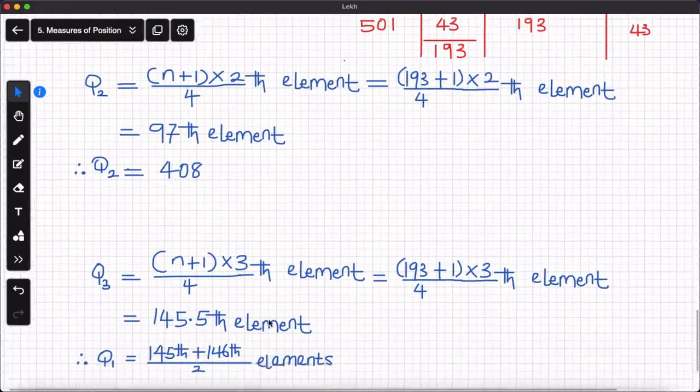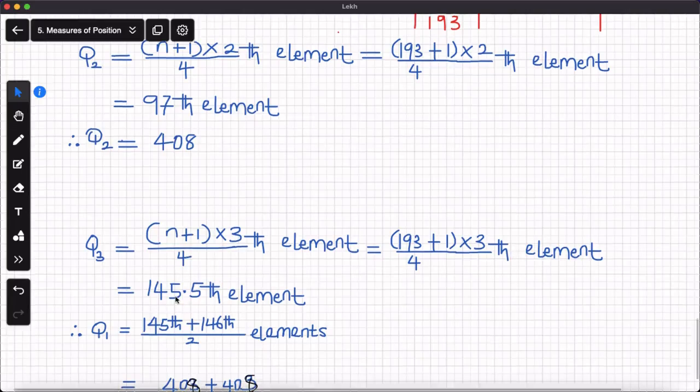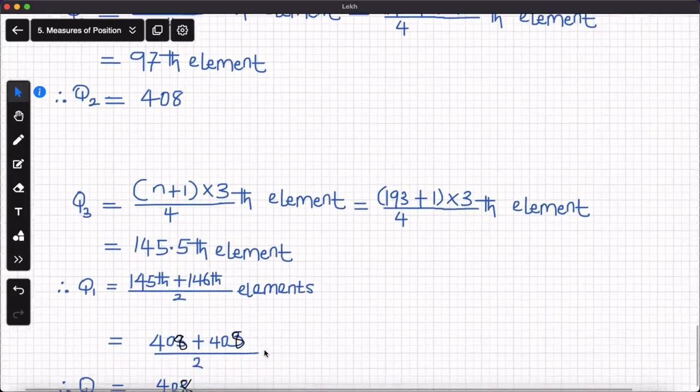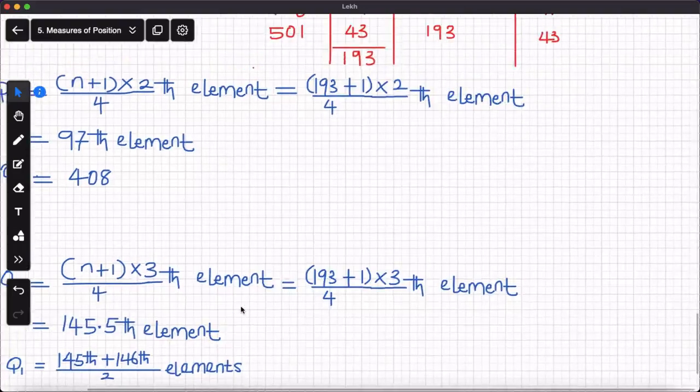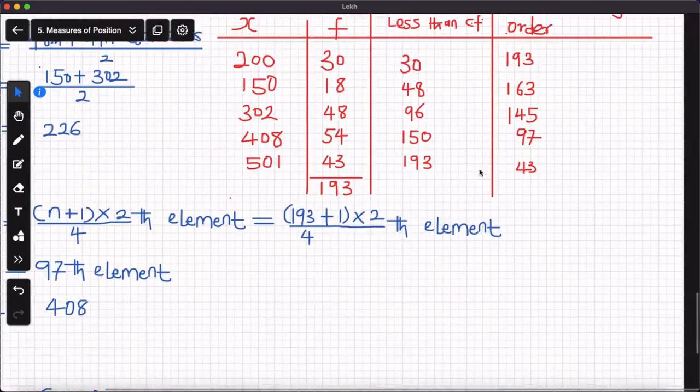And then you can see that Q3, so you substitute again, Q3 will be the element in position 145.5, and 145.5 lies between 145 and 146. So you need to get the 145th element and the 146th element. And when you come here, you can see that